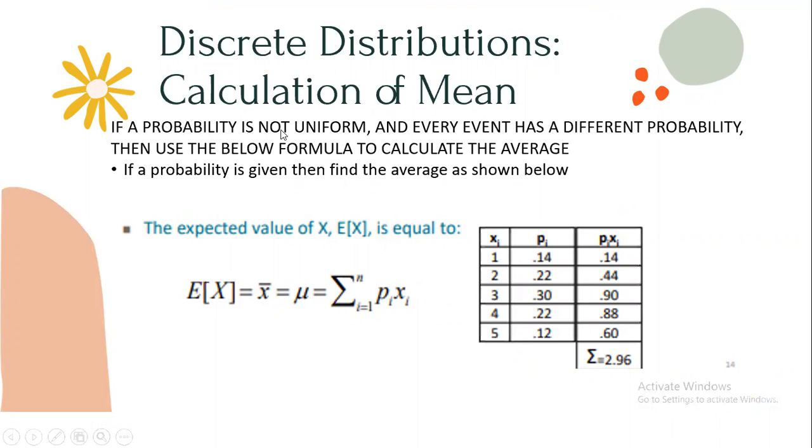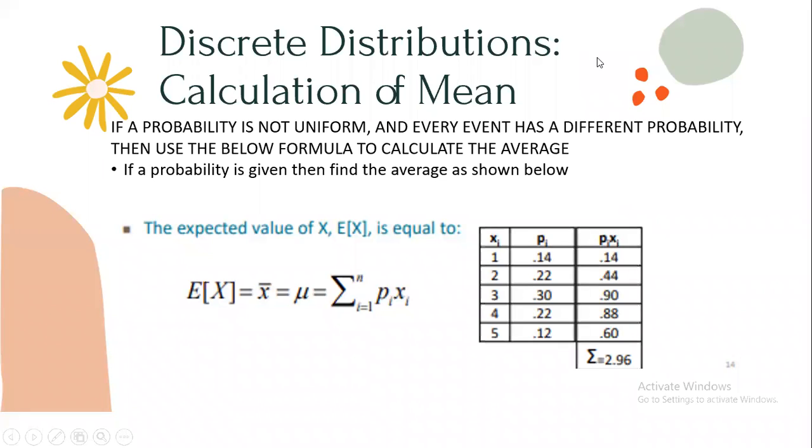Right here, you can see that if a probability is not uniform and every event has a different probability, then you use the below formula to calculate the average. If you want to know the expected value, and you're given a table with the outcomes, these are all the outcomes, and this is the probability of each outcome,